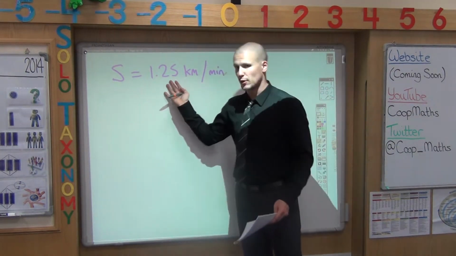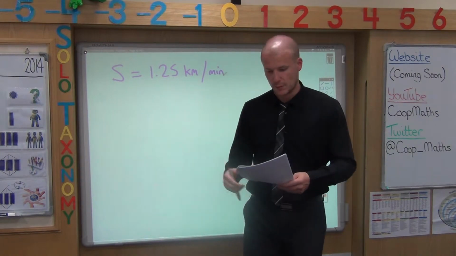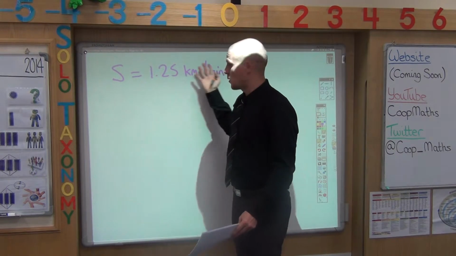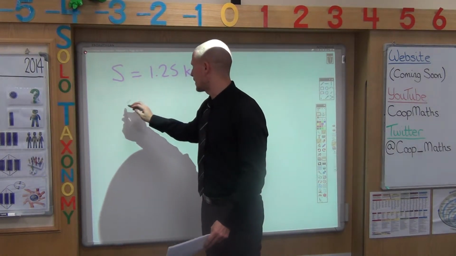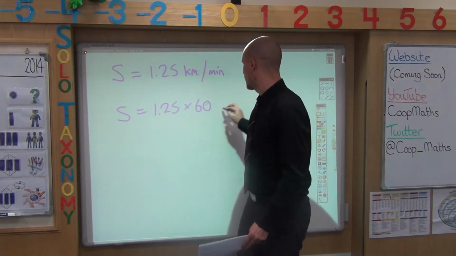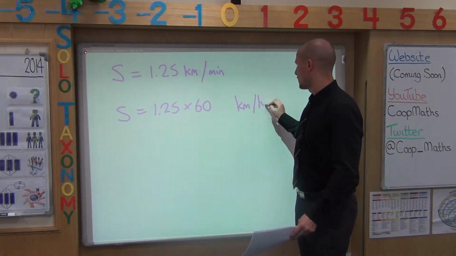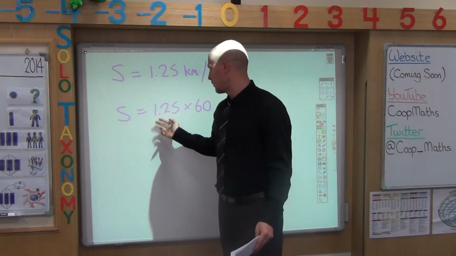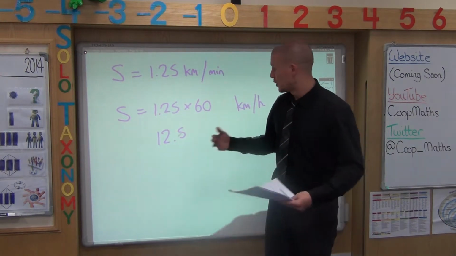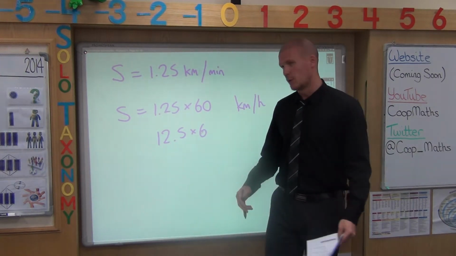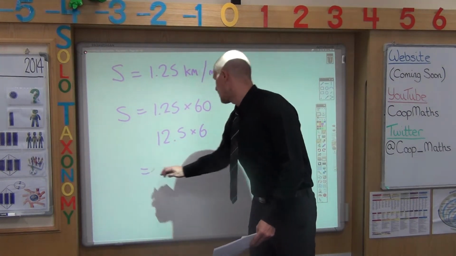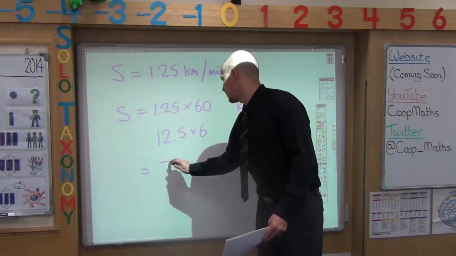So in order to make this comparison, we have to change that speed to kilometers per hour. 60 minutes in an hour, so multiply this number by 60. So her speed will be 1.25 times 60 kilometers per hour. You multiply 1.25 by 10 first of all, and you get 12.5, and then you multiply that by 6, so I broke down that times 60 into times 10, times 6. And from that, you get 75